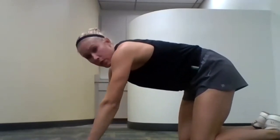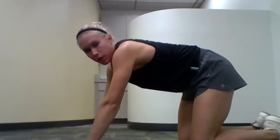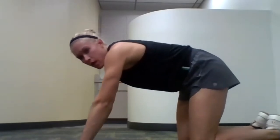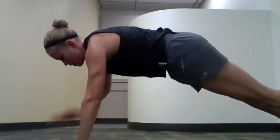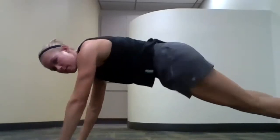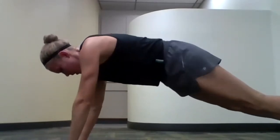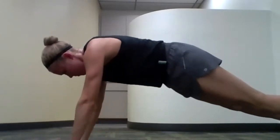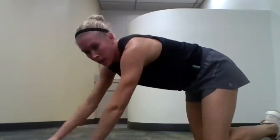If you need to take breaks, go ahead and take breaks, and then go ahead and just move on with us if you've only gotten like 5 or something like that. That's okay. All right, so find your position and start tapping. You can try to minimize the amount that you're turning. So aiming for about 10. And then we'll turn around